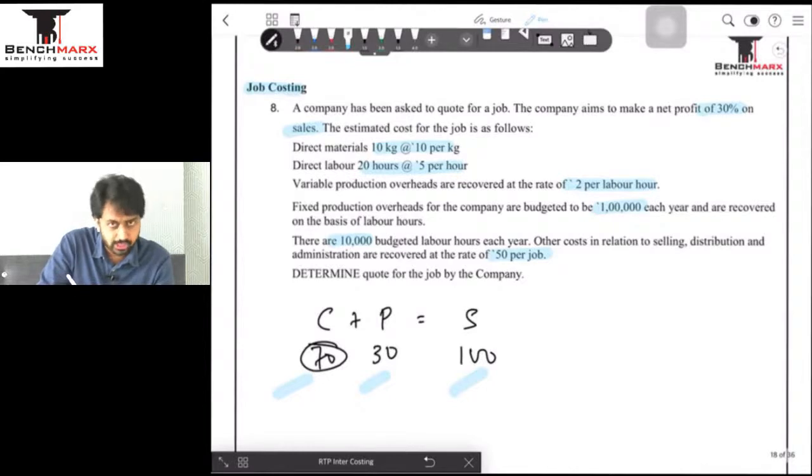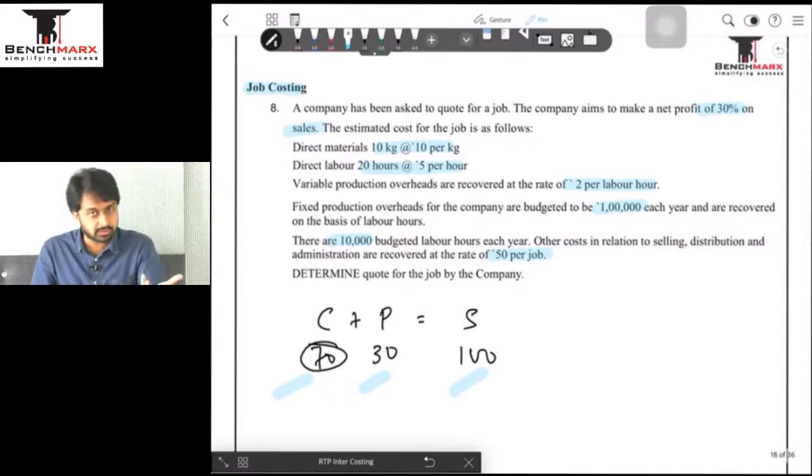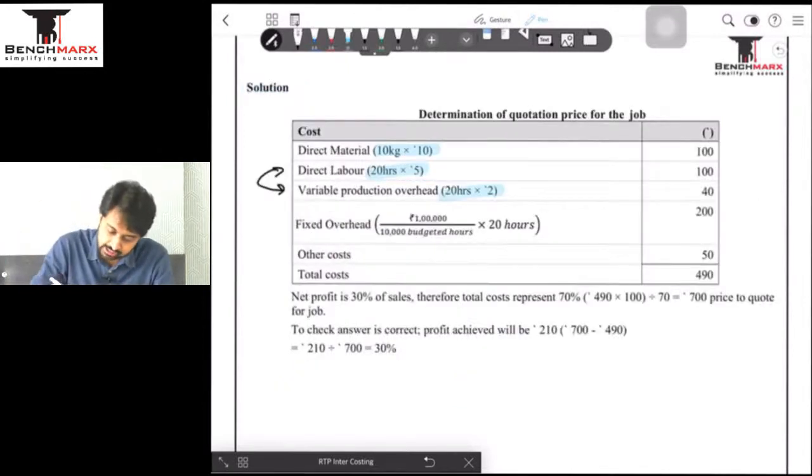Rate of your overheads was given, 20 hours is coming from ऊपर same hours. Okay, always the hours for overheads and the hours for your labor will always remain same. It will never happen कि laborers took 100 hours and we have absorbed or taken overheads 120 hours. ऊपर अगर 100 hours है तो variable overheads भी 100 hours के लिए ही होंगे, ठीक है.